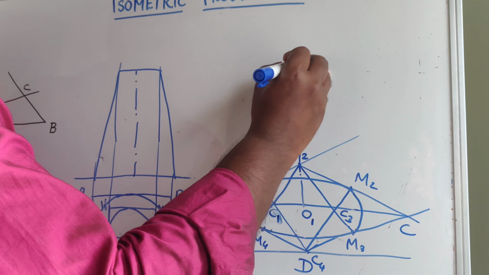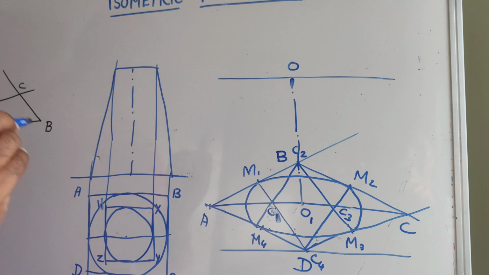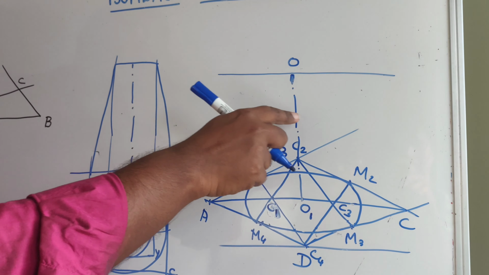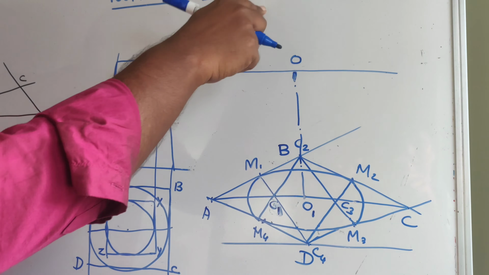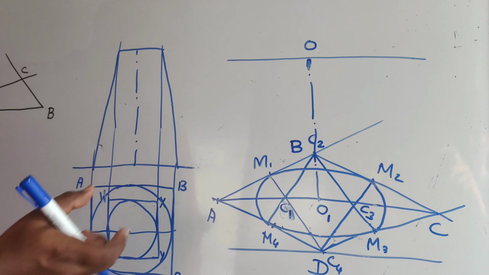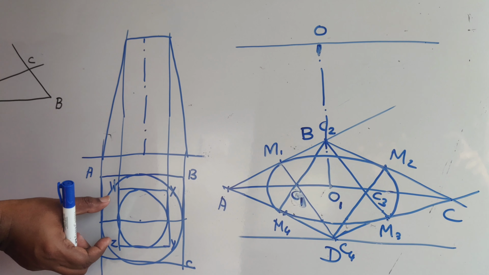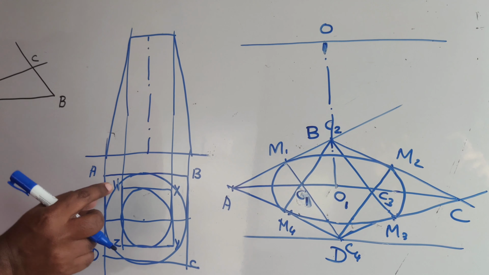This is O. You can have a horizontal line here. Simply you can draw a horizontal line because you need to construct another rhombus here. Then only you can complete the ellipse at the top. So what should be the one side of that particular rhombus? You have to take the dimension of the inner square. That is WZ you can take, or WX you can take.